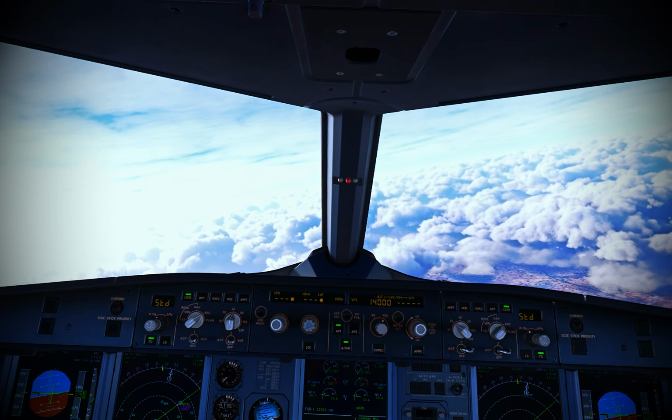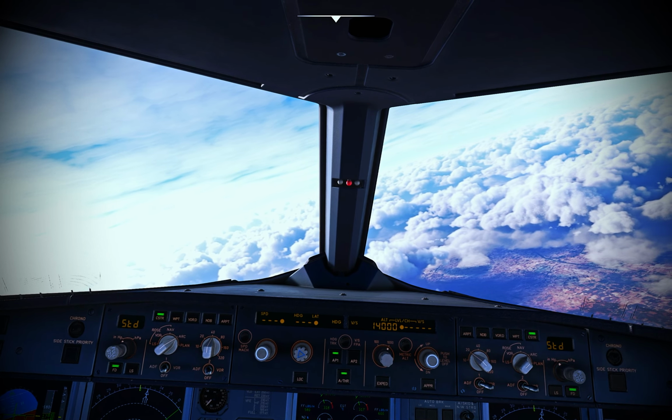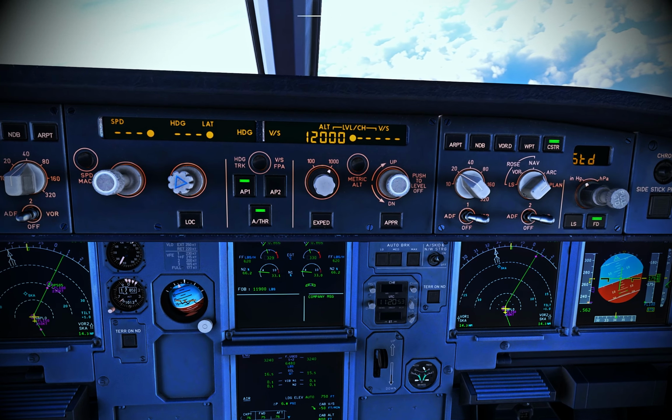Okay, so let's for now just stay on the managed mode. So what is our next waypoint? Next waypoint is Delhi Papa 505 with a speed restriction of 230 below 10,000. So let's dial in 10,000 for now. Okay,